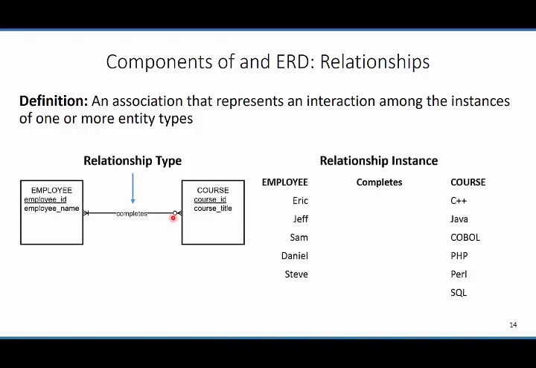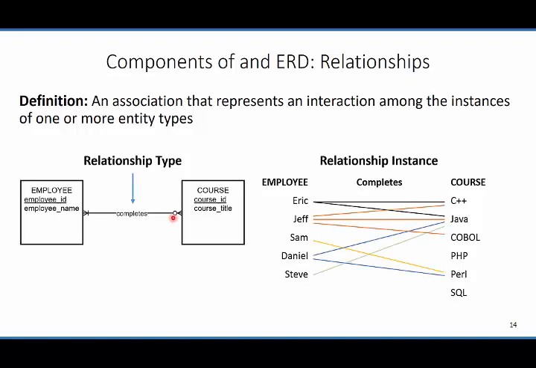So when we look at the two tables, employee and course, and all the records that exist in these tables, we can look at the different relationships that each one of these records has with another. So for example, Eric and Jeff take multiple courses, and Sam takes one. Whereas a course such as Java and C++ are taken by multiple individuals, but COBOL and SQL are taken by